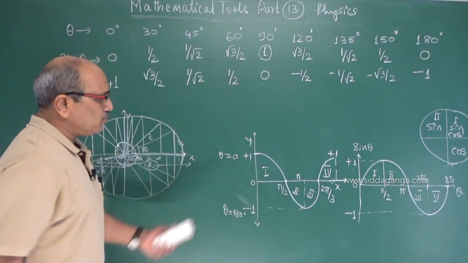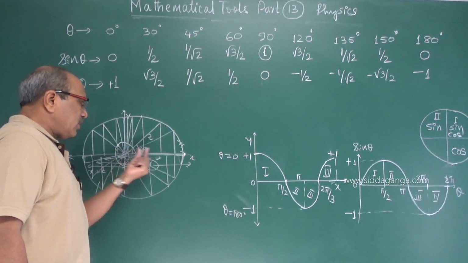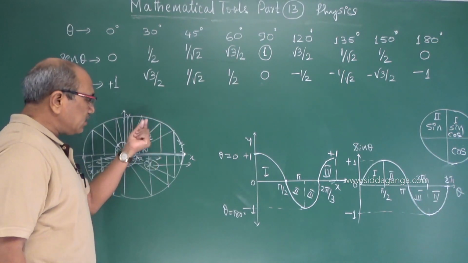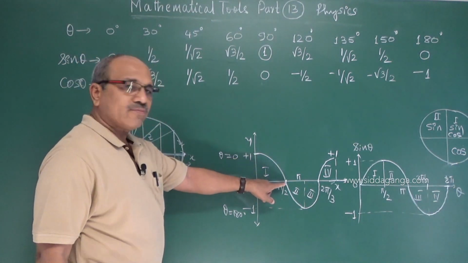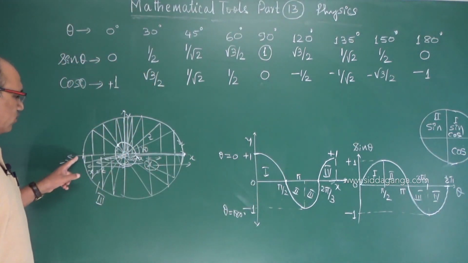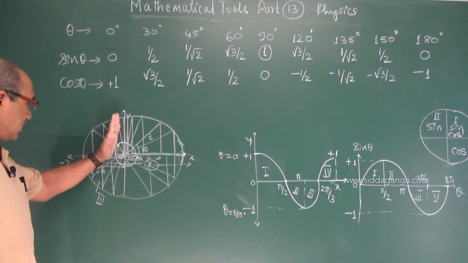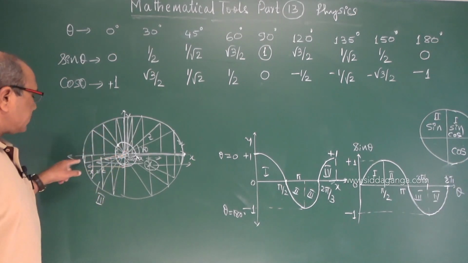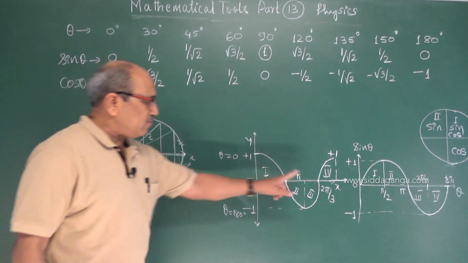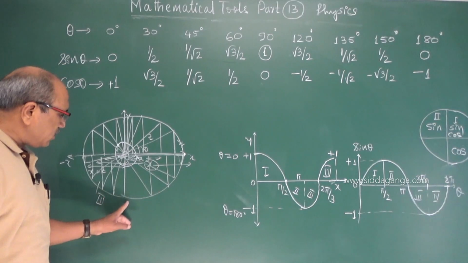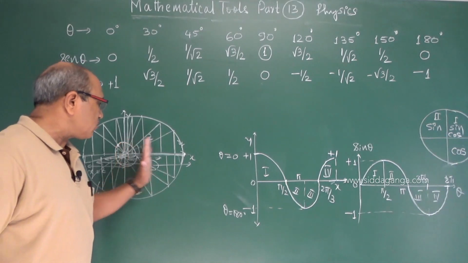Right? I hope you have followed. The variation of x in the first quadrant: x goes on decreasing, y increases, and x decreases to make the cos function maximum, down to 0. In the second quadrant, x is negative, but goes on decreasing and becomes 0. As it goes on increasing on the negative side, it takes the value at 180 as minus 1. In the third quadrant, 180 to 270, again it becomes 0. In the fourth quadrant, 0 again comes to plus 1. In the fourth quadrant, x is positive.